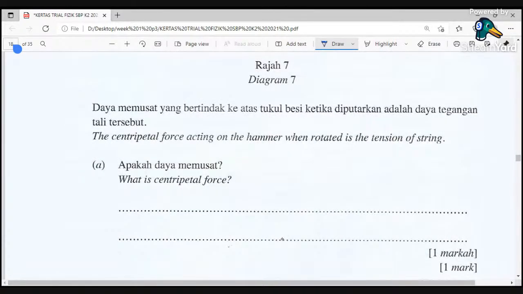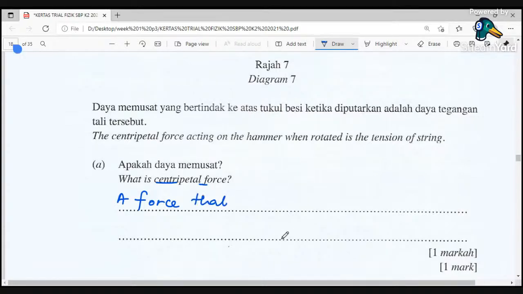To definition, what is centripetal force? A force that